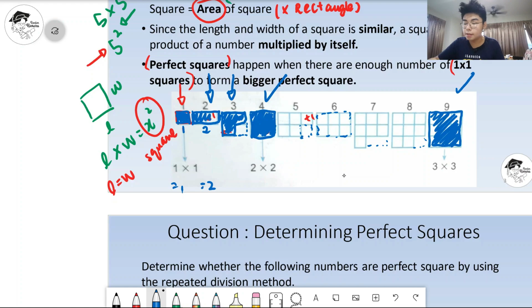Okay, so what happens is, maksudnya, asalkan kamu boleh tambah segi empat yang ada panjang dan lebar satu per satu tu, satu darab satu tu, that means it's 1 unit times 1 unit. The length and the width is the same, 1 times 1. As long as you are able to add the squares, 1 times 1, each time, okay, to add one level. So tambah satu kotak, tambah satu kotak, tambah satu kotak. Kotak kecil tau, the small box. Tambah sampai you ada kotak besar. Okay, macam 4, macam 9.